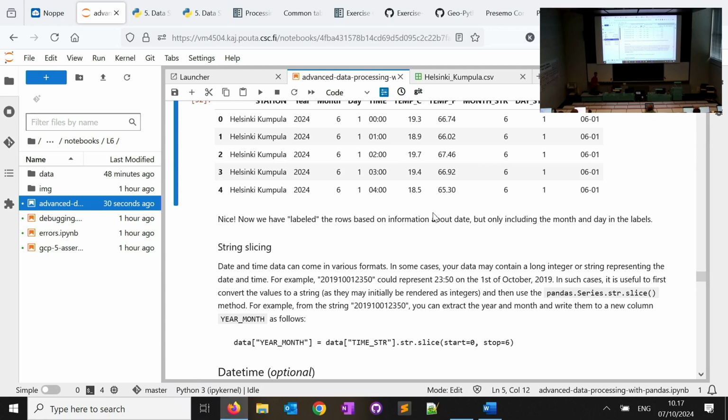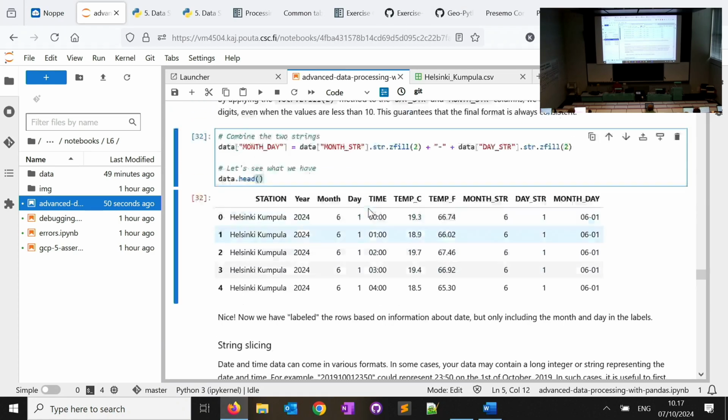Okay, so did you manage to do that? What error did you get when you did this? Yeah. So this zfill is an attribute of a string. So in our case, we have just a pandas series. Even if the data type is string, still what you're getting is a series. So if you put that as str, then pandas will take care of that for you. So yeah, that zfill is useful.